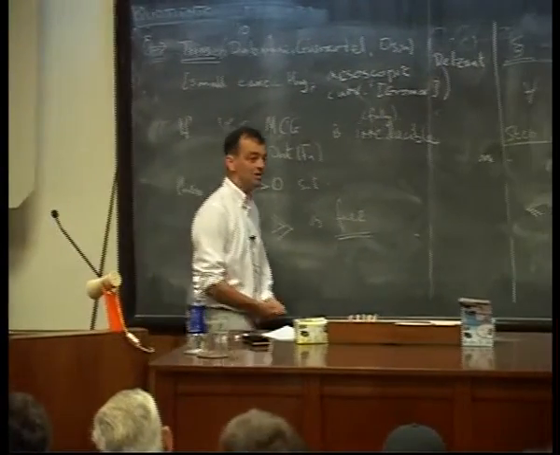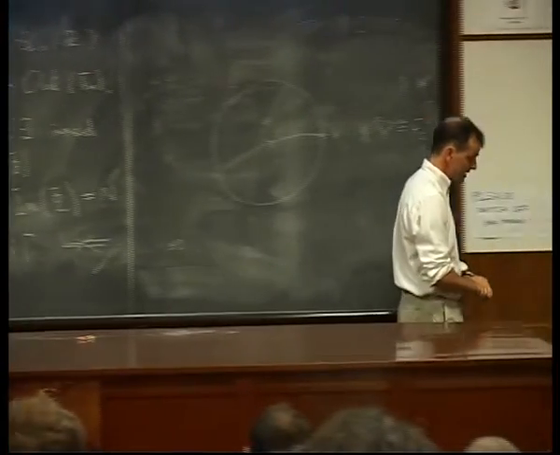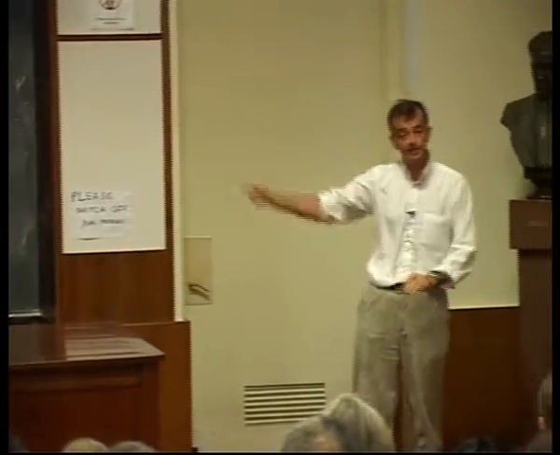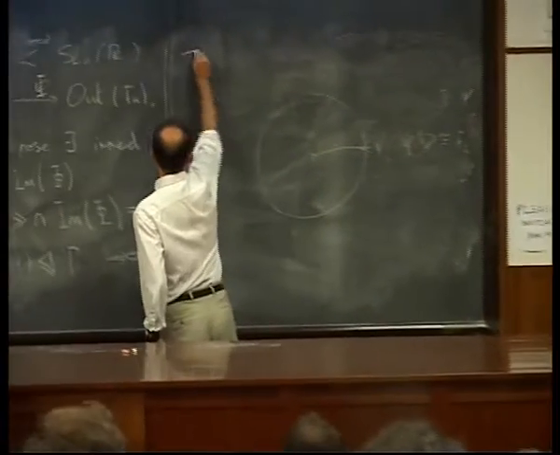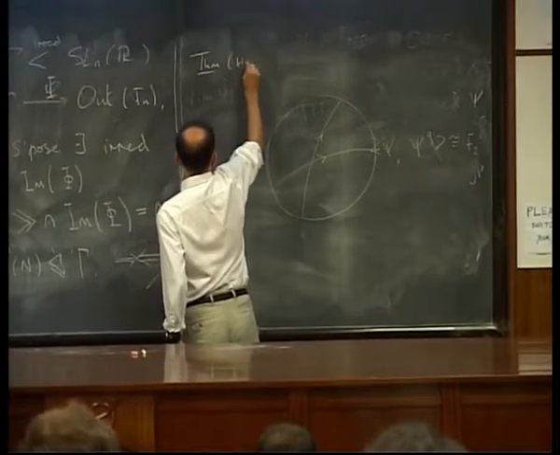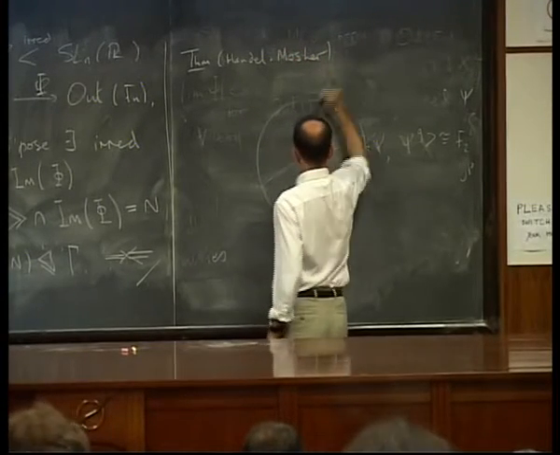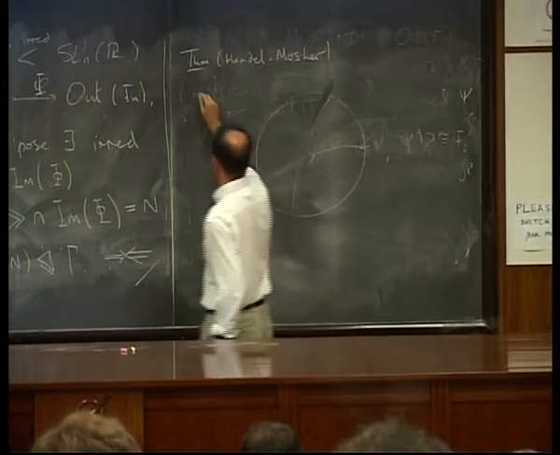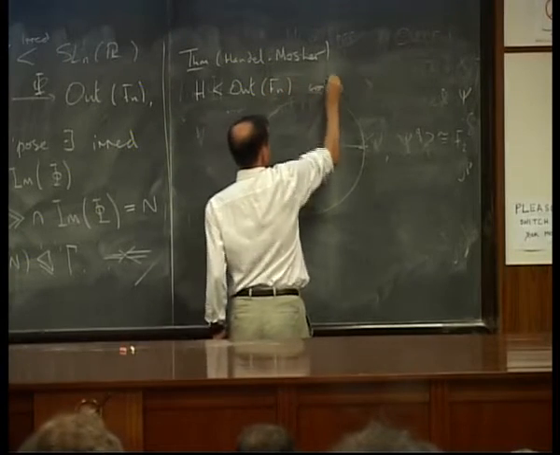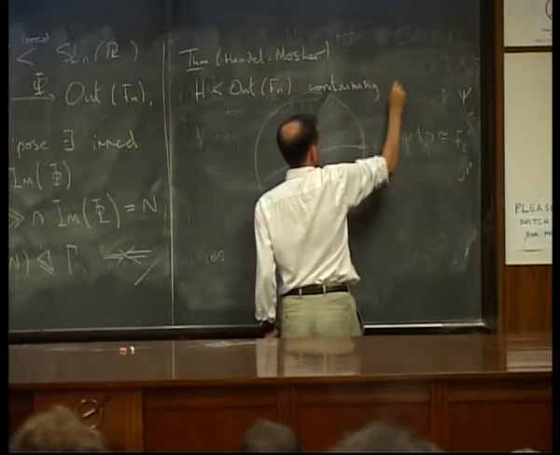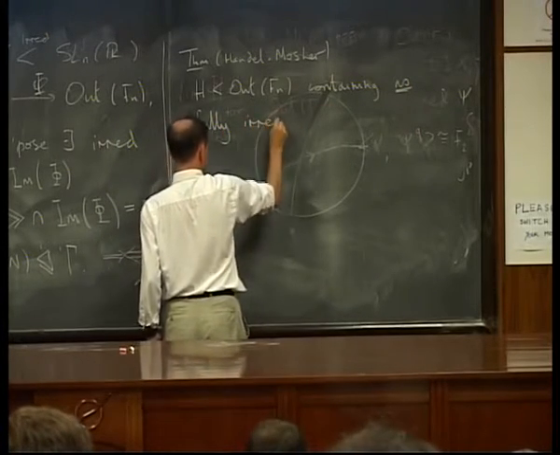But the reduction theory for Out(Fn) is not so easy. If you've got a subgroup of Out(Fn) that doesn't contain one of these irreducible elements, so what? What can you say about it? Well, there's another recent and very nice theorem of Handel and Mosher that gives you the reduction theorem you need here. And it says this. If H is some subgroup of Out(Fn), and it contains no fully irreducible elements, so it has none of these pseudo-Anosov type things.